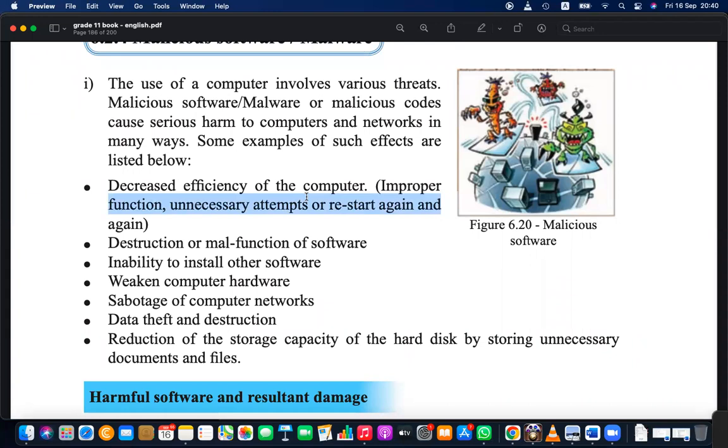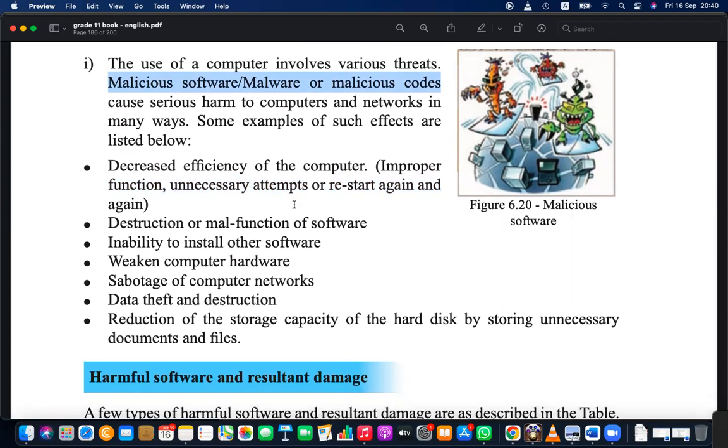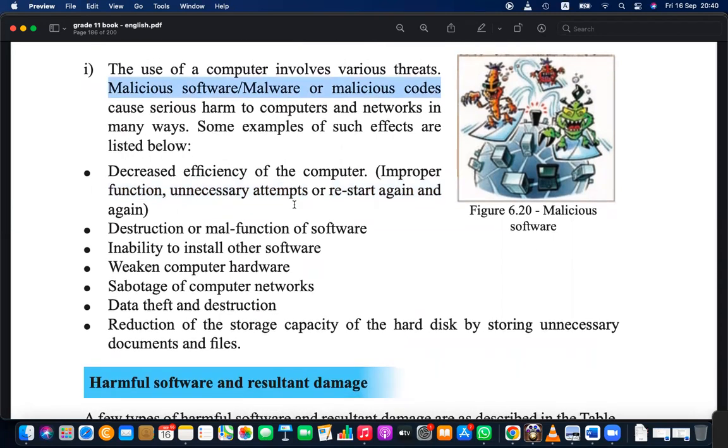Due to that, the computer may function miserably, as if doing some magical stuff. We expect the computer to do something, but it does something else, behaving in an unexpected way.